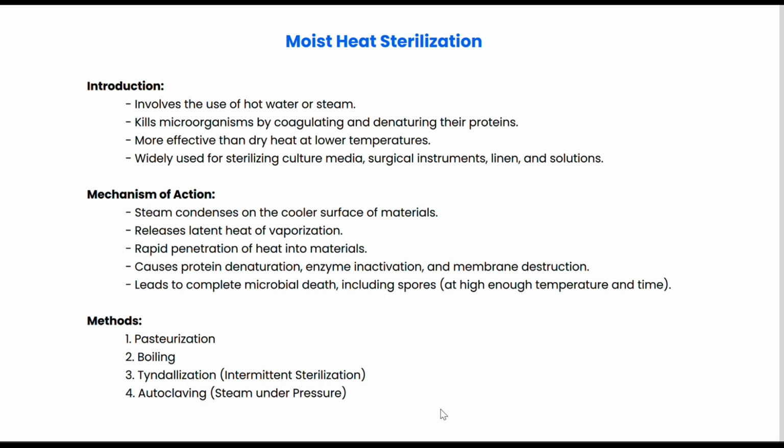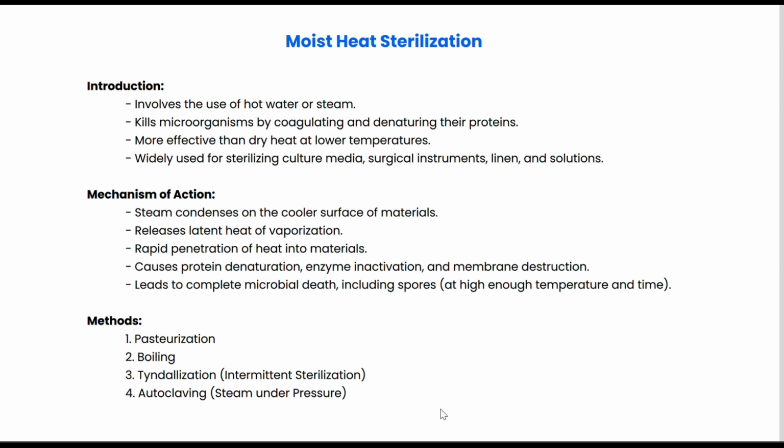This sudden release allows rapid and deep penetration of heat into the material. This intense heat leads to denaturation of protein, inactivation of critical enzymes, and disruption of cell membrane. Ultimately, this cascade of damage causes complete microbial death. Even highly resistant bacterial spores can be destroyed if we maintain high enough temperatures for the right amount of time,